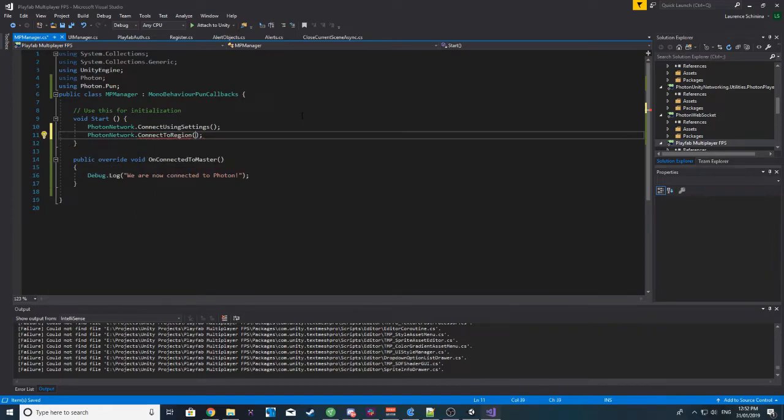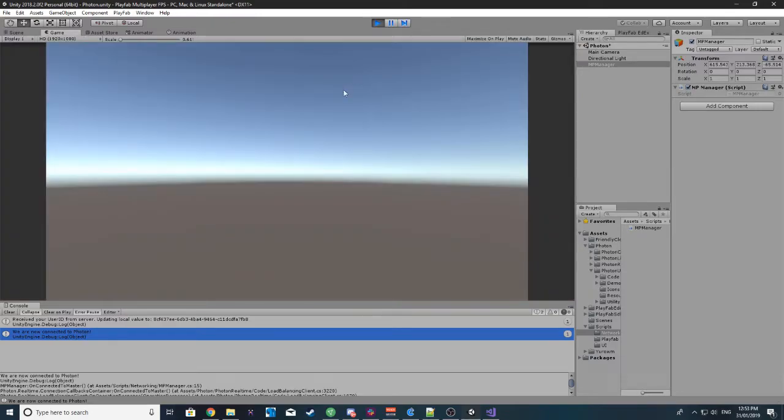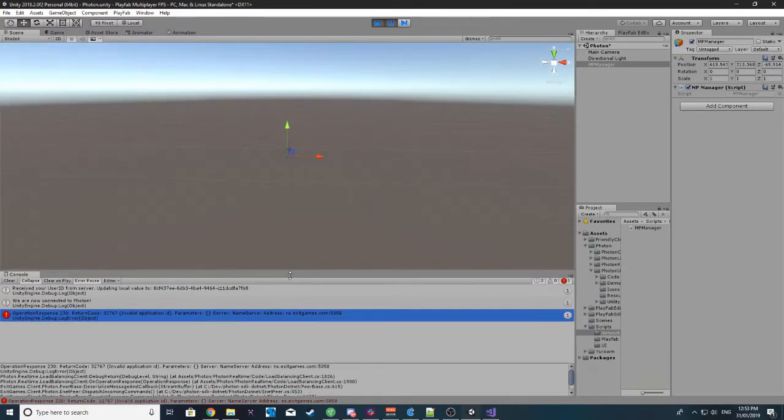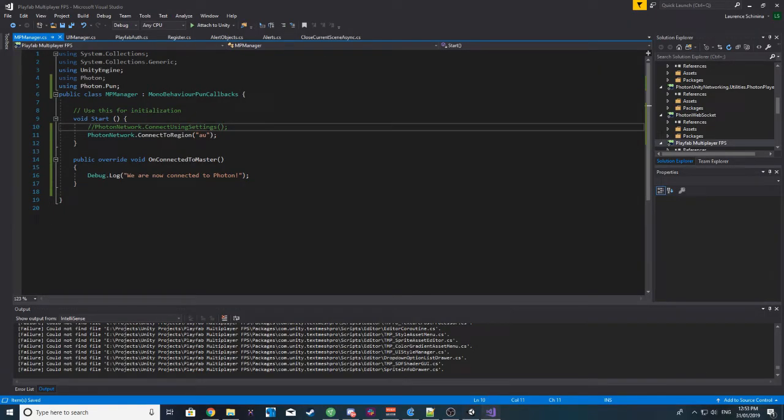So let me just connect to, let's say, AU, and let me just see what happens. Alright, yeah, so we're just going to be using ConnectUsingSettings,